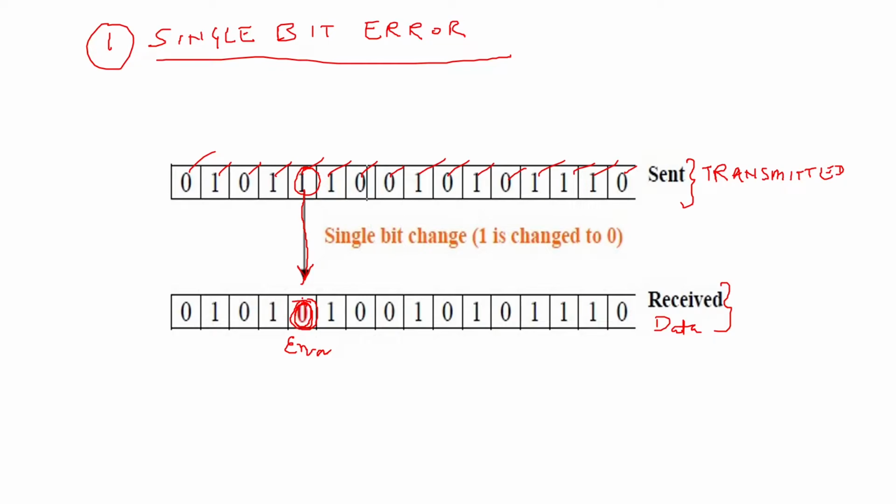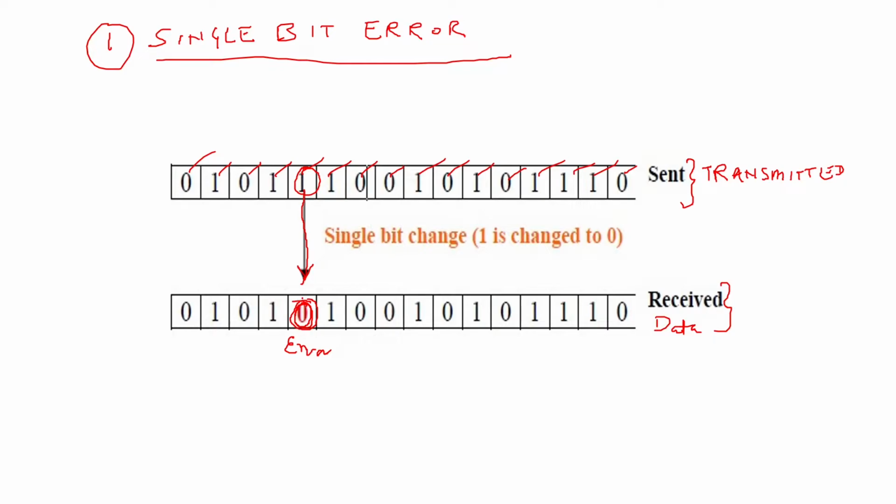Practically, if you are sending 8-bit data by 8 wires, and in those 8 wires, one wire becomes noisy, it is not transmitting data properly, then one bit can be corrupted. Corrupted means logic 1 can become 0 while receiving, or logic 0 can become 1 while receiving. That will be taken as data corrupted. This is what the diagram shows, and this is what is called single bit error.